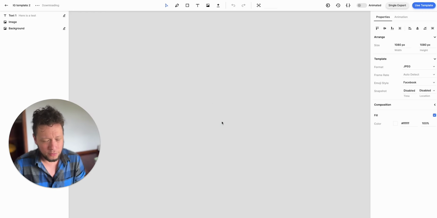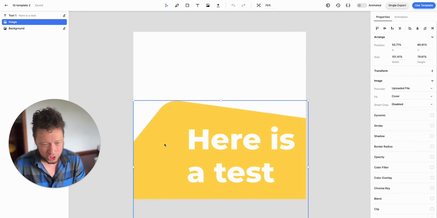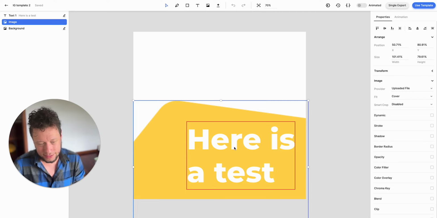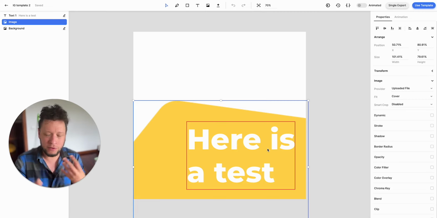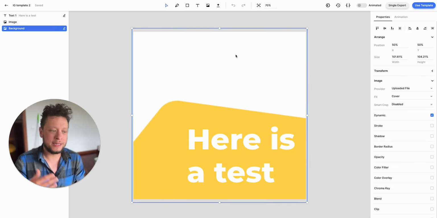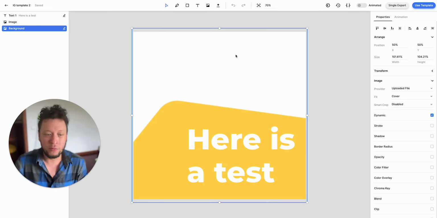Here's another one where I have some sort of a shape, white writing. So this is also dynamic. Here is a test. This will be replaced with whatever the title is. And then the white background will be replaced with an image. So this isn't perfect because I am not a designer. If you are doing this, spend a lot more time than I did making these templates. I made these